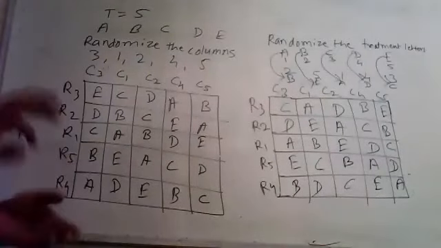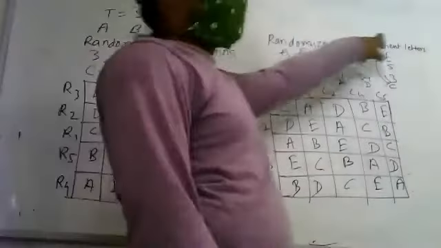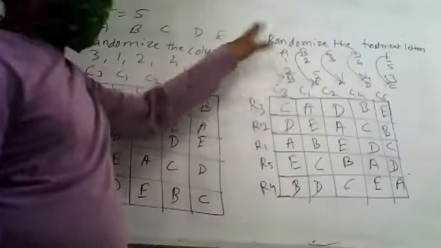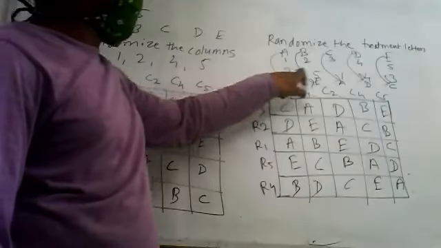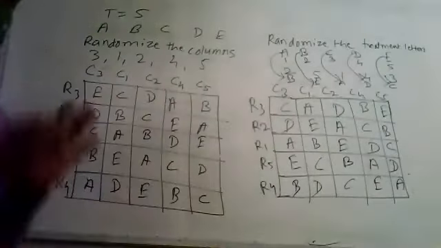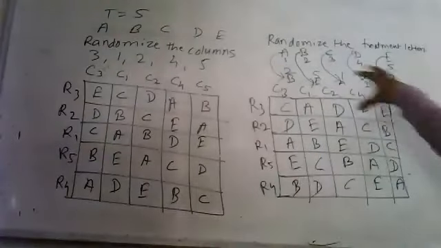Okay. After randomization of rows and column, we have to go for the randomization of treatments. So we have randomized the treatment like A, B, C, D, E is the original sequence. Then we have randomized the treatment like B, E, A, B, C, and we have to put it in the table. This completes the randomization of LSD. Now you can use this layout in the field.